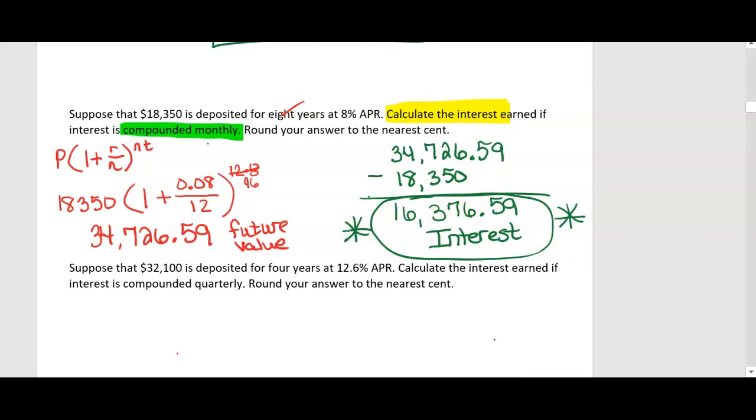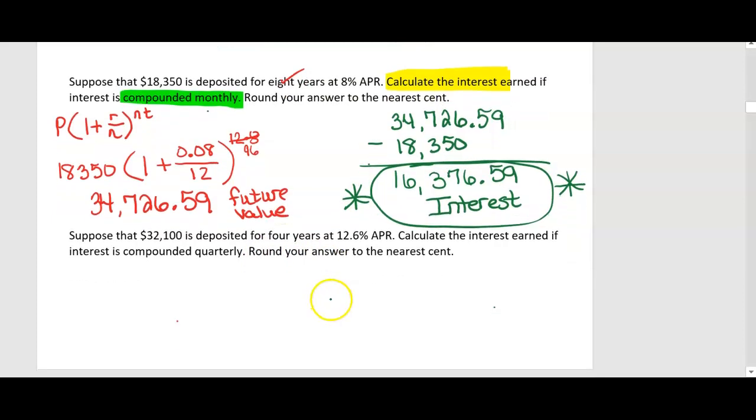So again, in this chapter, reading those directions is very important. Now let's do one more like that one. And I'm going to keep the formula right here in view so I don't have to rewrite it again. Okay, so let's see, same kind of question. This one asks you again to just calculate the interest, but we have to do our future value first. So we see we are borrowing $32,100,